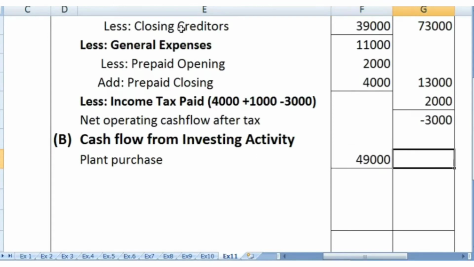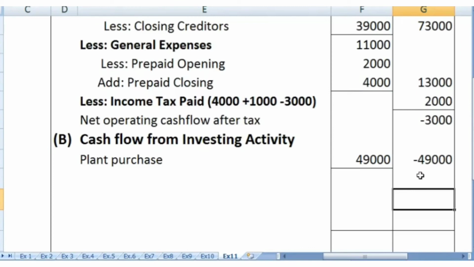And this is your purchase. And only one entry of investment accounting is given. In investment, there is nothing apart from plant and machinery. So plant is purchased. We can prepare the ledger account of plant and machinery if you want. Opening balance is 50,000, closing balance is 91,000, depreciation is shown on the credit side, 8,000, and when you close, you will find 49,000.